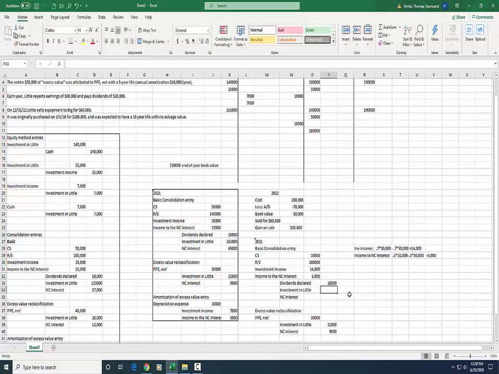Okay, finally, the investment in little and the non-controlling interest, we have to make the same sorts of adjustments. Now again, what did we do here? Basically, in 2021, we said, look, here's the entire book value of the subsidiary, and we split that 70-30. We did the same thing here. We said, here's the entire end of year book value of the subsidiary. We split that 70-30. We're going to start with the same idea here. We're going to say, look, the end of year book value, common stock plus retained earnings plus the reported earnings is, okay, so now retained earnings,